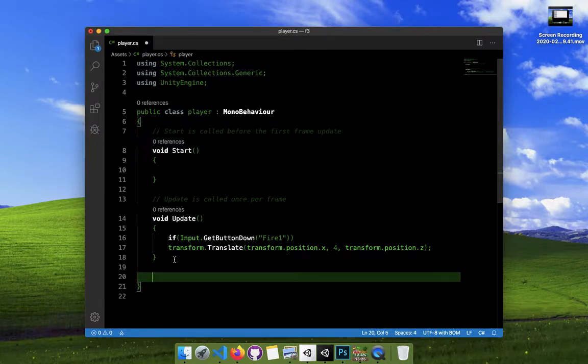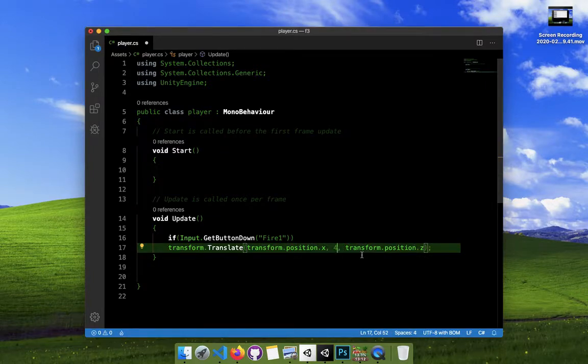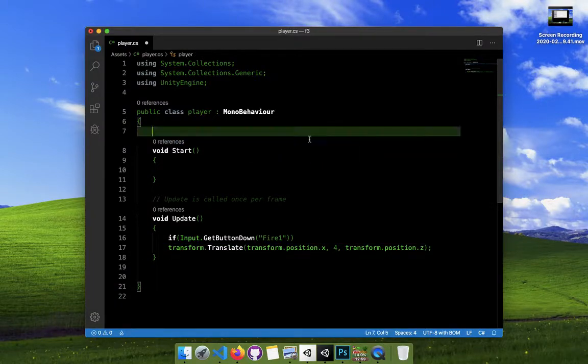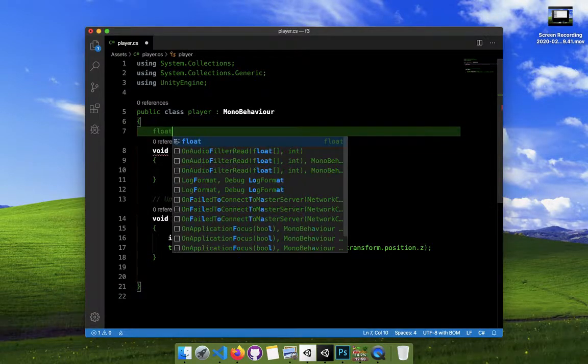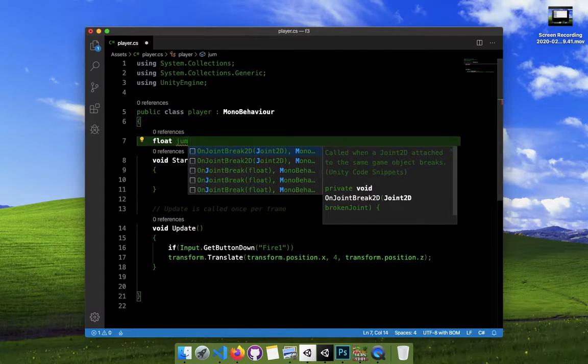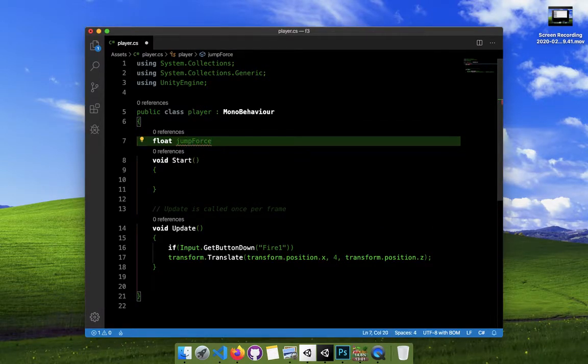Okay, now what we will do. In the last tutorial, I gave a value to the y-axis, like a pre-written, hard-coded value. What I will do is come here and create a variable, float jumpForce, and maybe make it something that is visible in the Unity editor, not just in the code. So what we can do is